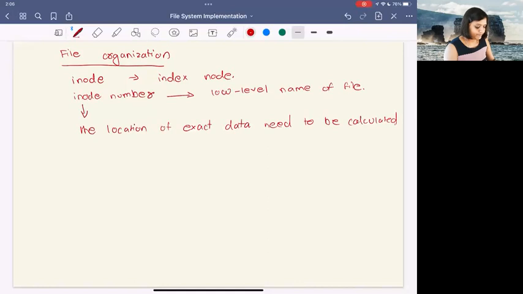How do we calculate that? Any clues? Any thoughts? Again, let's rely on the basic math. So let's say, for example, to read inode number 32,